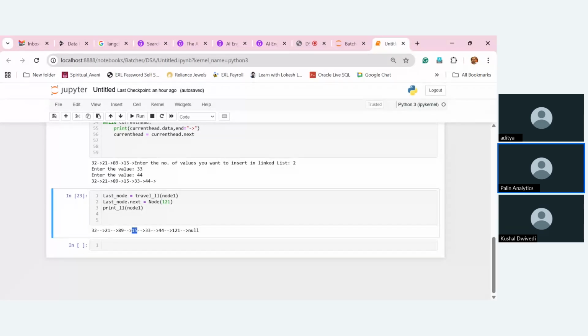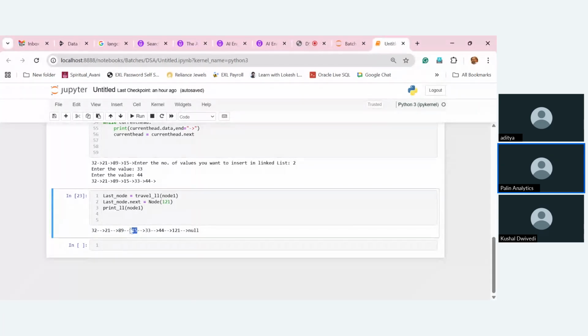A new element will come here, and that new element will have the address of this 15. Understood? So in this case, 89 has the address of 15. This will be stored in a third variable,